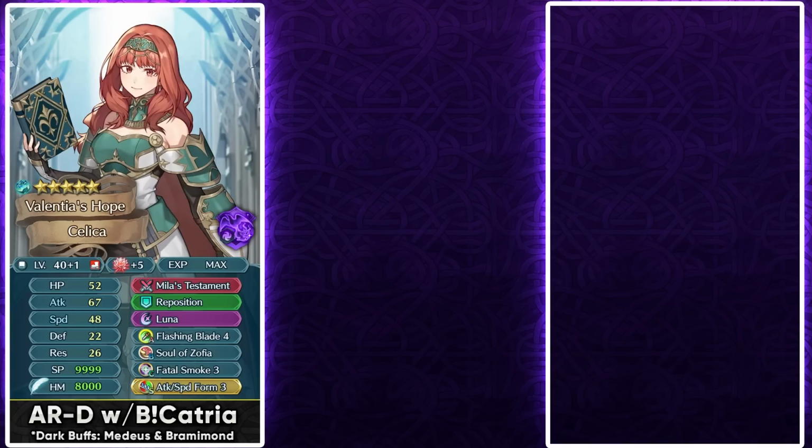So you could run Flashing Blade 4 in her slot A so that she can get the true damage even more, especially when she's going to be doing the quad attacks. You could also run Attack Speed Unity actually if you want to, and just run a different special, but this can also work out. And you can run Fatal Smoke quite easily on her because she's going to be a very reliable user of this,